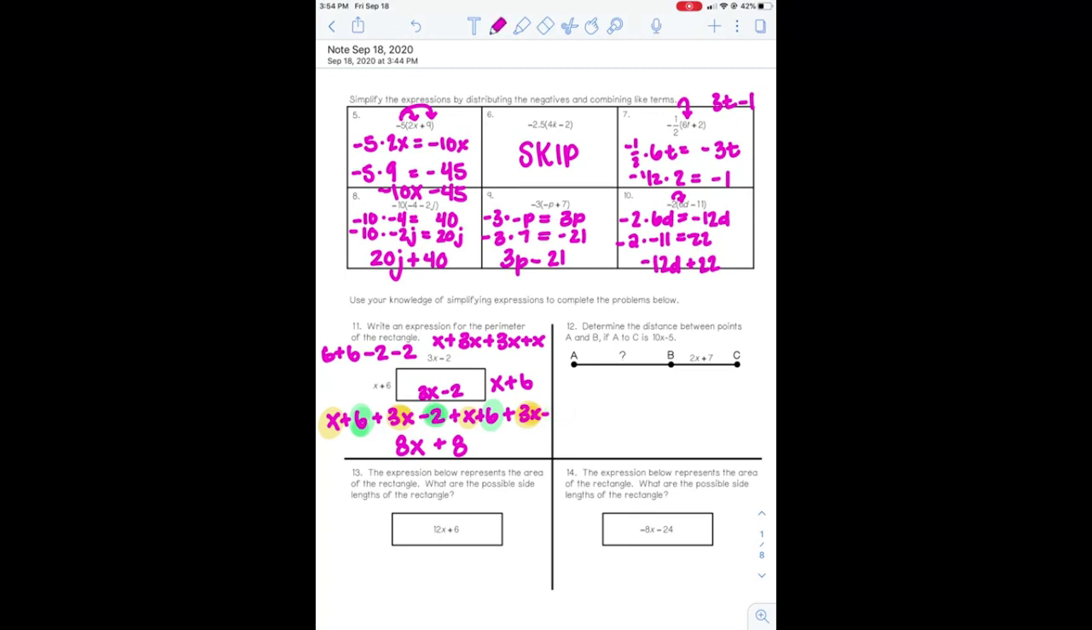On number 12 over here, it's a little more confusing. So it's important for us to remember that this entire line equals 10x minus 5. And we know that part of the line is 2x plus 7. So to find the missing piece, I'm going to subtract 2x plus 7 from 10x minus 5. So I'm going to end up having to distribute a negative to 2x plus 7. So that's going to give me 10x minus 5